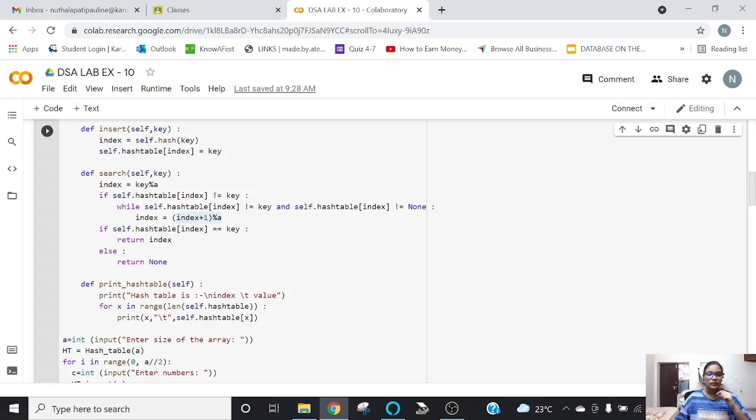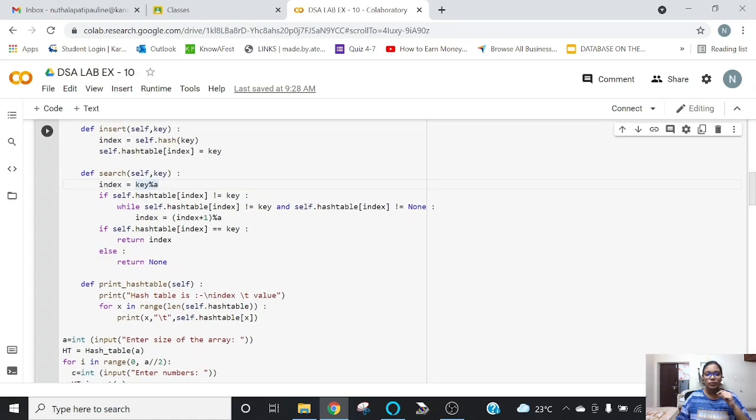And then the function definition of search, which is going to consider the same calculation or formula that we have used before, and it is going to check for the particular value that the user wants to see, and return the index at which it is present.